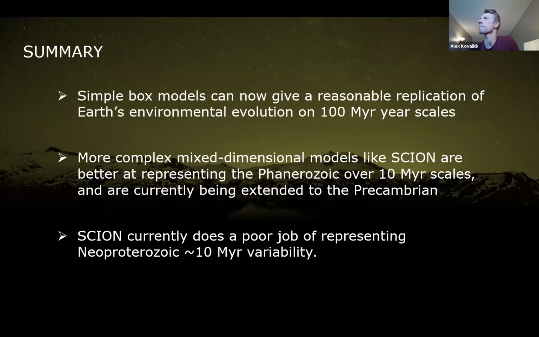Please go ahead. Yeah, hi Ben, great talk. So I was wondering, for your Archean model, obviously there are lots of uncertainties in the Archean that we don't know about, but how sensitive is that GOE to the age or the origin of life? Does it matter if you put it at 3.5 versus 4.2 or something like that?